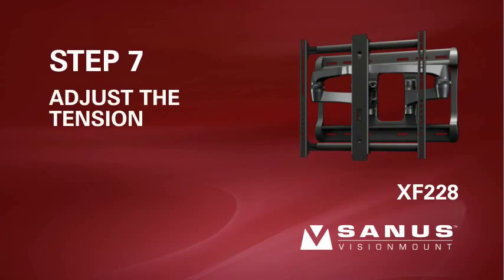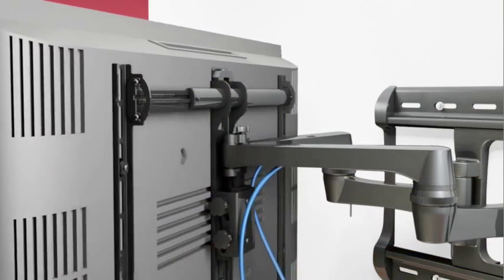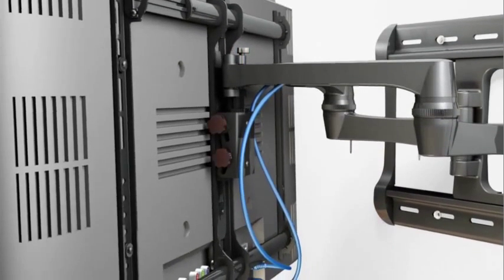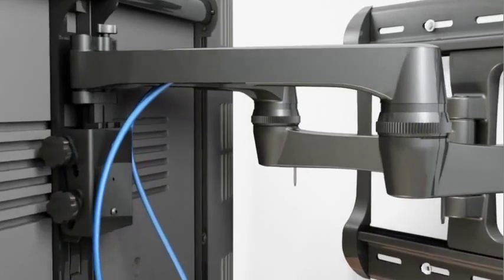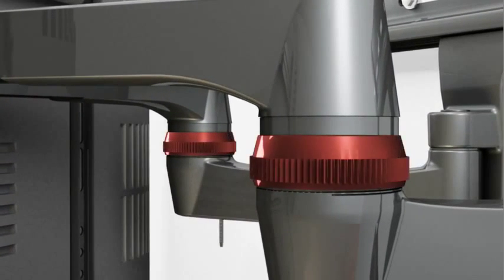Step 7. Adjust the tension. To adjust the left and right swivel tension, tighten or loosen the adjustment knob on the top of the arm assembly. To adjust the up and down tilt tension, tighten or loosen the knobs on the head of the arm assembly. To adjust the extend and retract tension, tighten or loosen the tension adjustment ring located on the elbow of